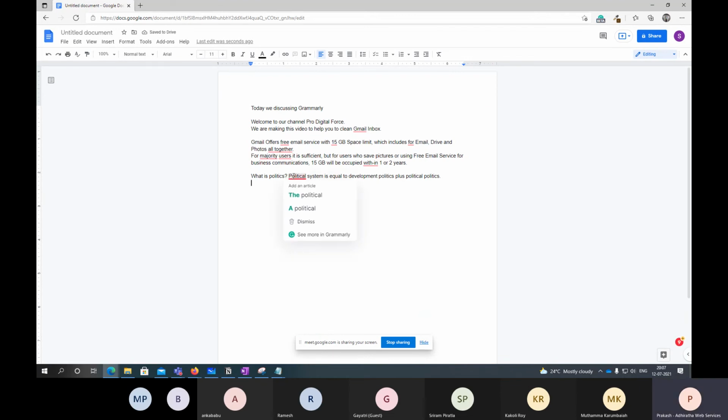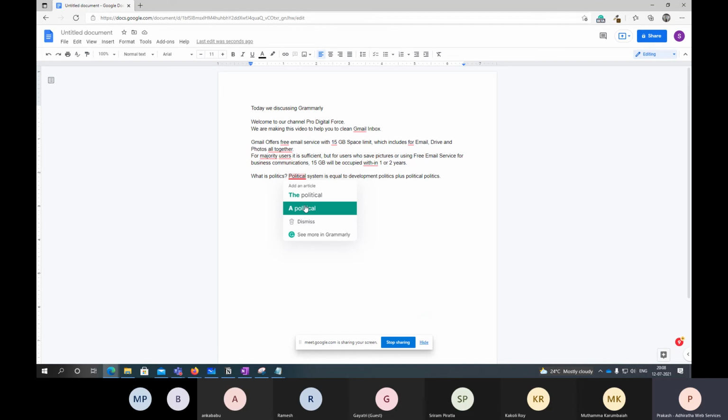See, political. See, there is an article missing, right? It is told by Mr. Abdul Kalam, so I don't want to say he's wrong. But if you're copying from somewhere else, whatever we are presenting should be correct. That's all. Someone should not troll us or comment saying that these guys are doing wrong things.